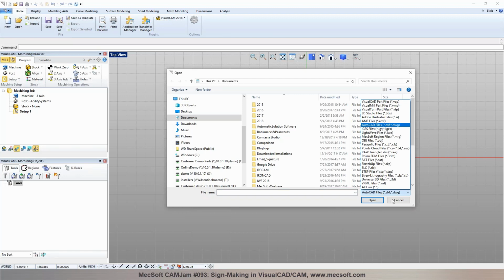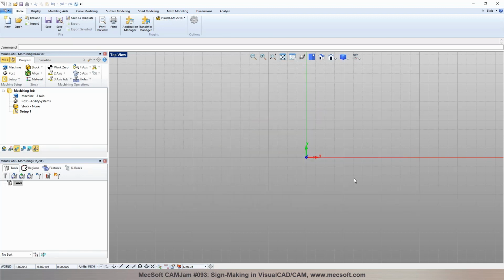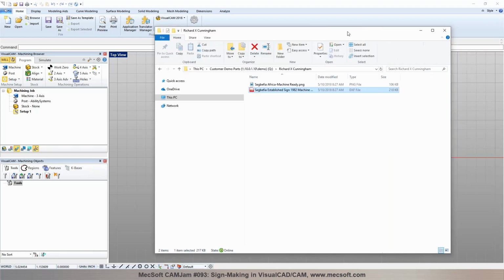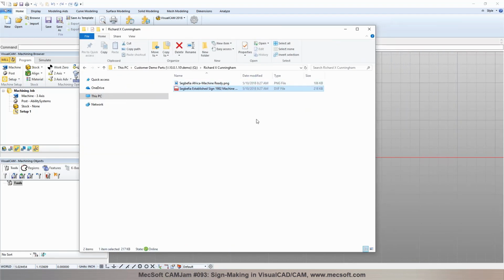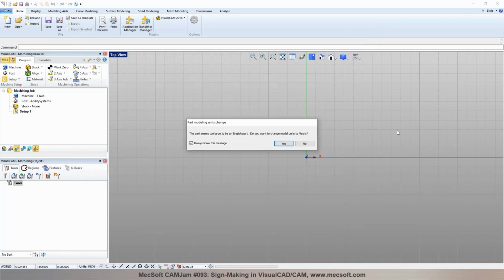Okay, so today what we're going to do is load the file that you had sent us. So I'm just going to go into this folder in here. You see that I have your DXF file in here right there. So I can use the file open dialog or import to bring it in, or I can just do a simple drag and drop. So from the File Explorer in Windows, I can just drag it,